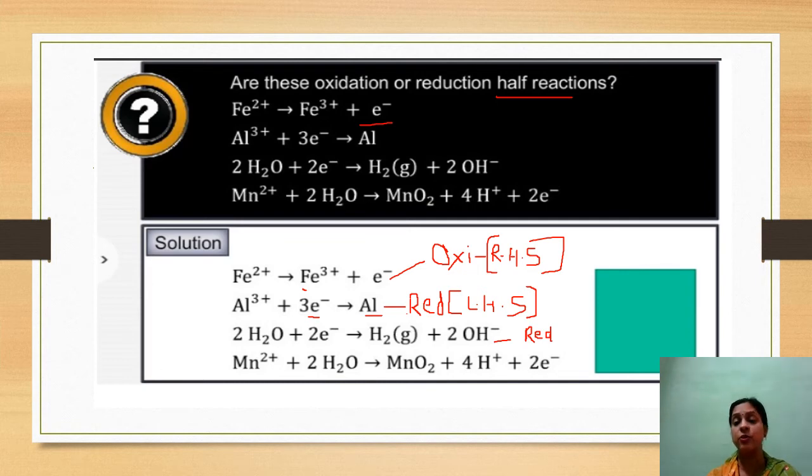बेटा ये पार्ट आपको कराना इसलिए जरूरी था क्योंकि हम जब डैनियल सेल या गैल्वेनिक सेल के बारे में पढ़ेंगे, डिफरेंट टाइप्स ऑफ इलेक्ट्रोकेमिकल सेल, वोल्टाइक सेल के बारे में, तो हमें ये पता होना चाहिए कि ऑक्सीडेशन क्या होता है और रिडक्शन क्या होता है। सिमिलरली मैग्नीज 2 पॉजिटिव आयंस व्हेन react with the water, then it gives manganese oxide with the release of hydrogen ions and 2 electrons. So this one obviously इसमें loss of electron हो गया है, तो आपका this one will be considered as oxidation. ठीक है जी, तो most probably I can expect कि oxidation reduction कैसे होता है ये आप लोगों को पता चल गया।